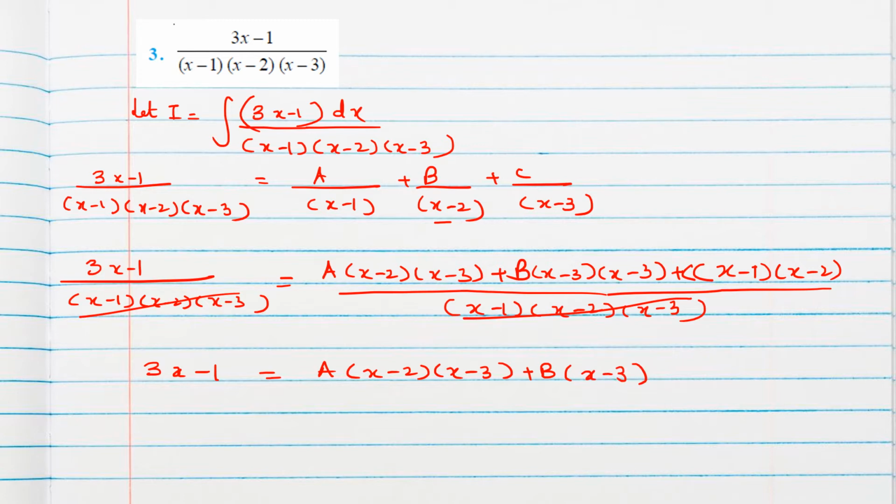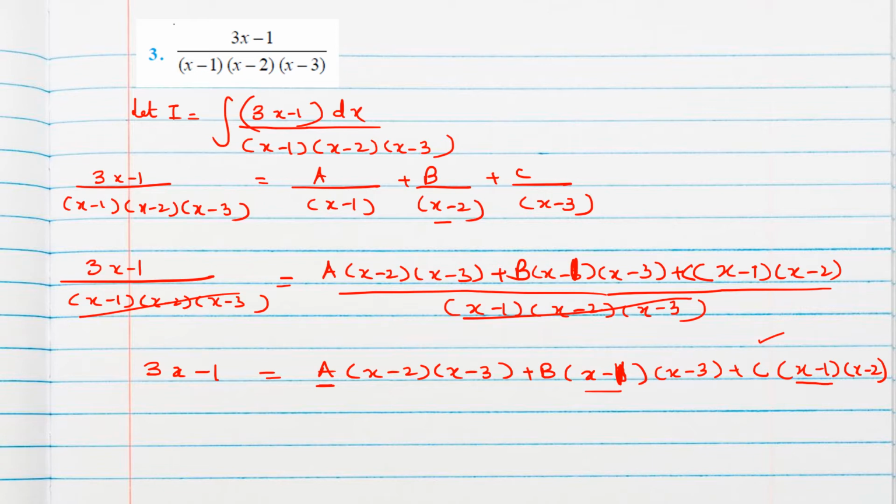Now, if you open all the brackets and multiply with the constant term, it will be time consuming. Anyway, we want to find the values of A, B and C. So one trick we can use here: if you want to find the A value, put x equal to 1. Why x equal to 1? Because if we substitute x as 1, this bracket will go, C value will go, this bracket will go, B will go. That means only this term will remain and you can easily find the value of A.